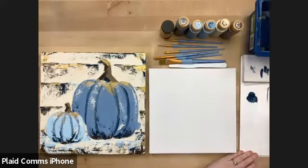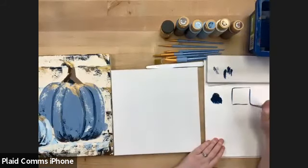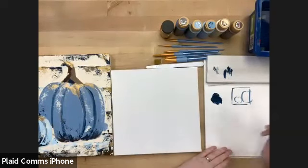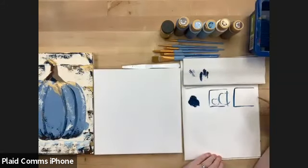Here, I'll move this over. Imagine this is your canvas. You're going to say, oh, I'm going to paint my pumpkin here, and then I'm going to paint my pumpkin here, and you didn't leave enough space. It's a really easy thing to do, especially if you don't necessarily think of yourself as a drawer. That's totally fine. So what I like to do, if this is my canvas, is first